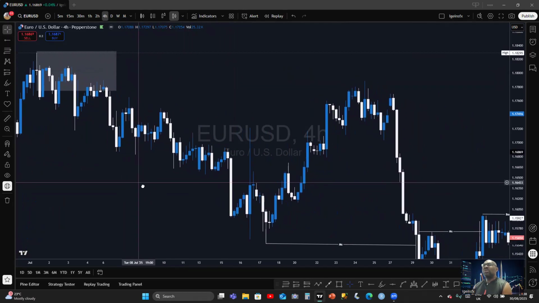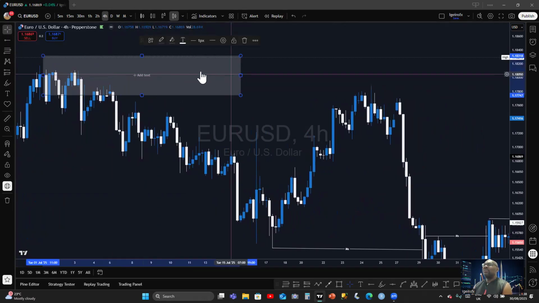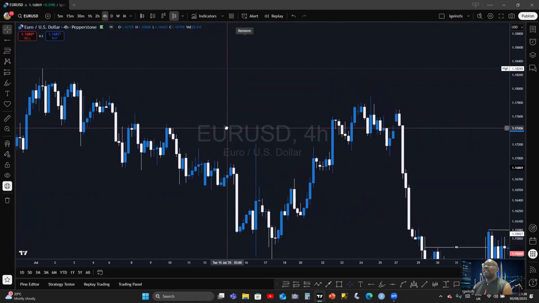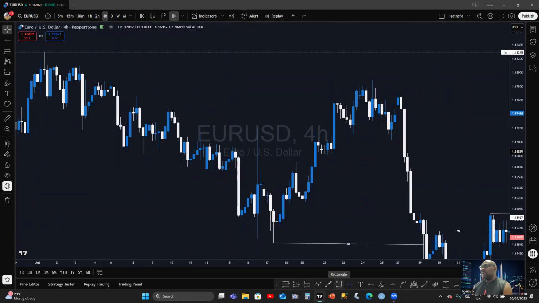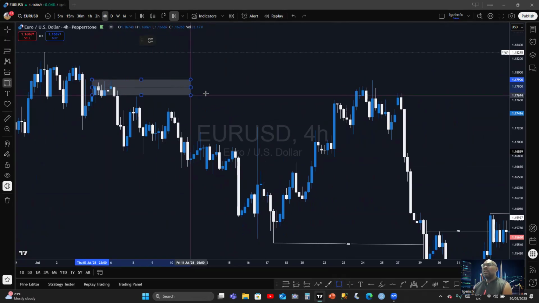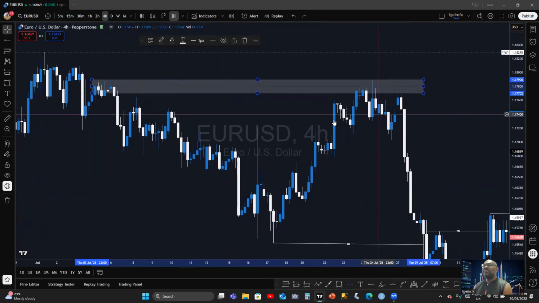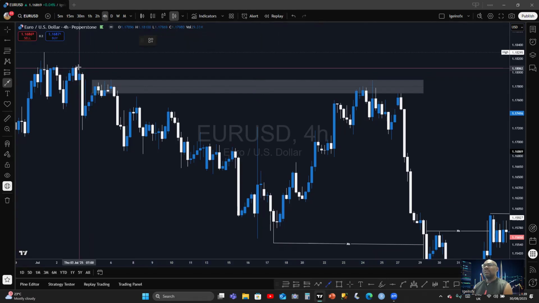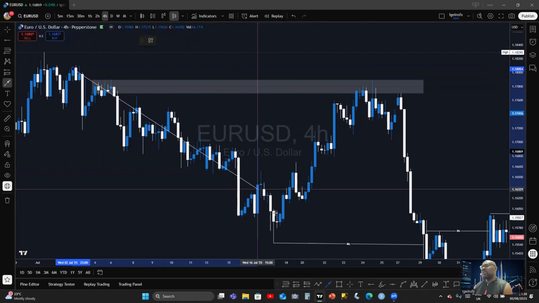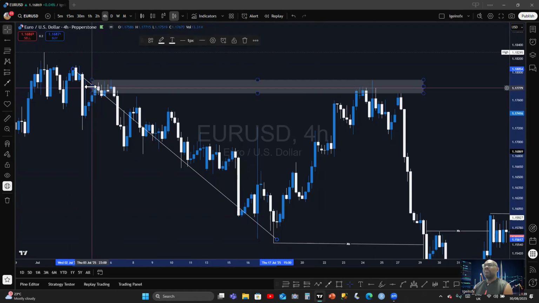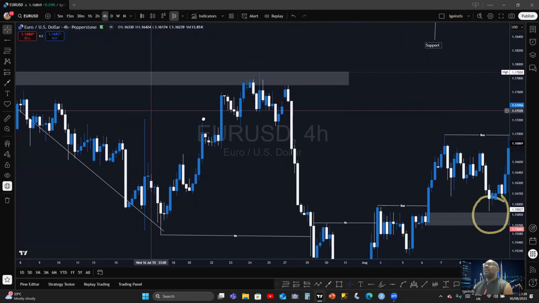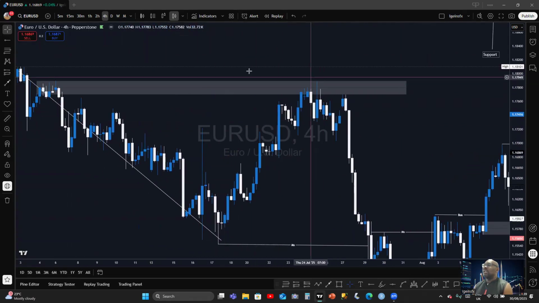And another way to identify a valid support, a valid resistance level, guys, by now you should understand. Now that the price dished out a sell here, if you look at it, price has been selling. After this change of character, it has been going down, all right? And it created a resistance here, this very point. If you drag this to the future, anytime price gets to this level